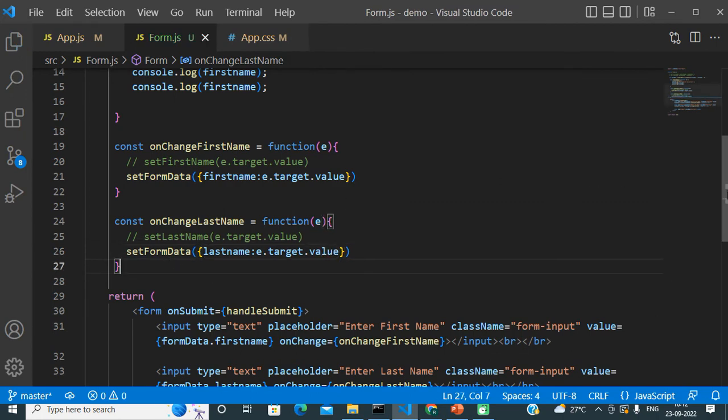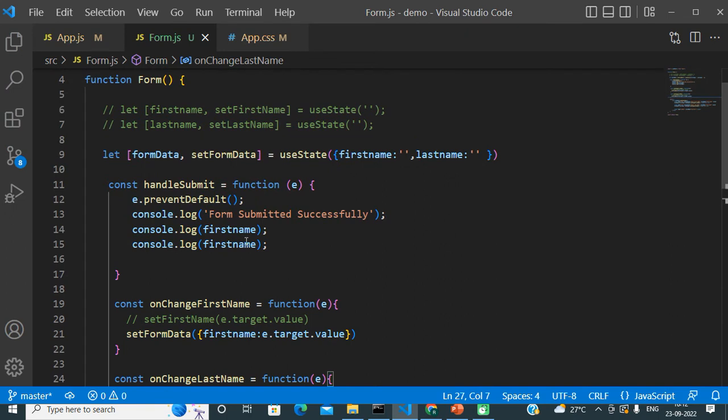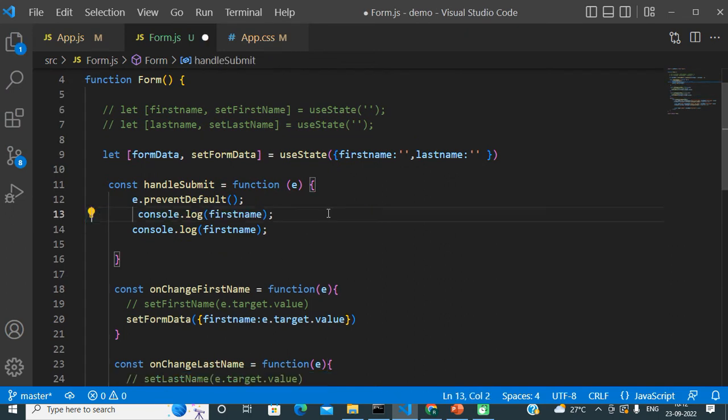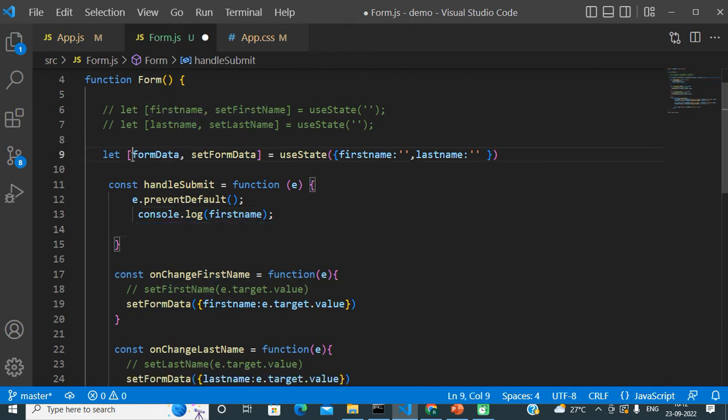Now here in our main event handler function where we are expecting our data, just remove this console log. Now we just need to display this complete object. Just print the value of the complete object.